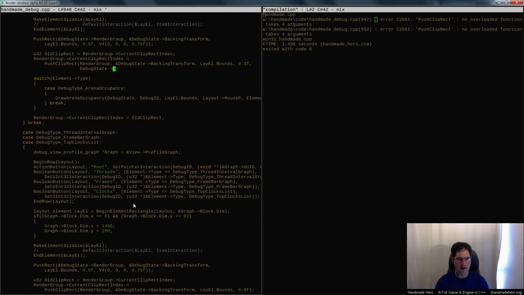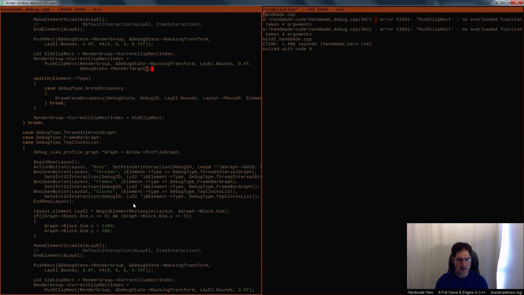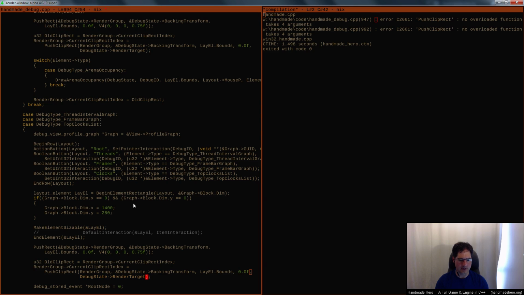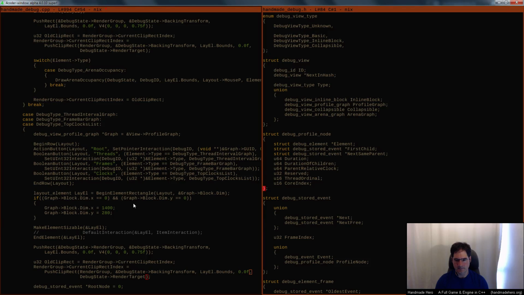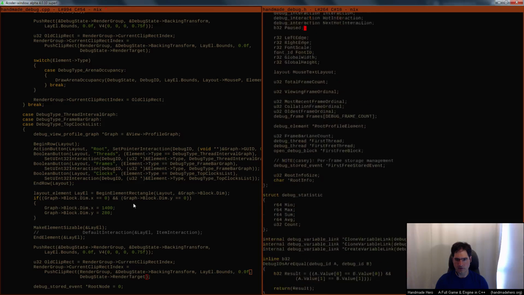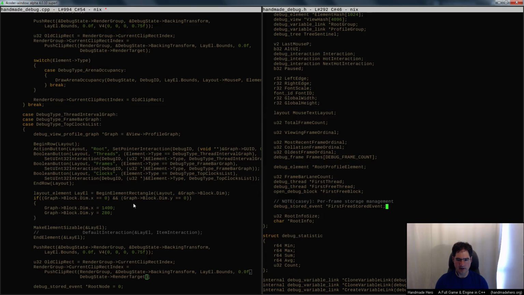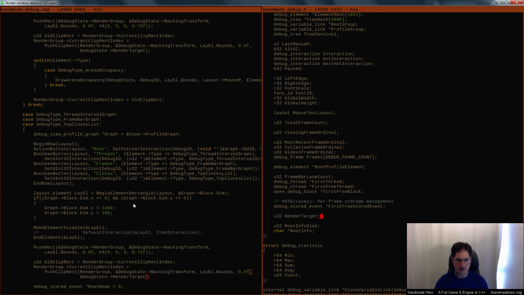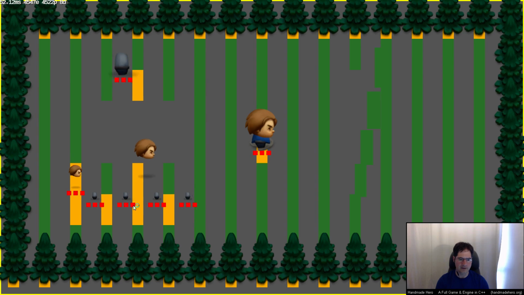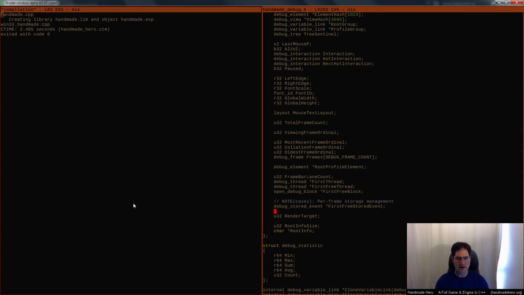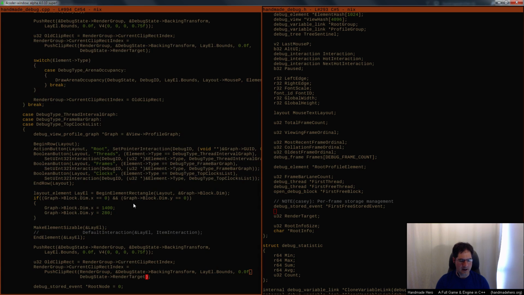But what I'll do here is say render target or something like that. So we can set it to whatever we want it to be later if we want to have a separate render target for the debug system, right? And so in that case, I just need to store that here in the debug state. So I would have something in here where we're like render target, and that would just get cleared to 0, presumably whenever everything else gets cleared to 0. And then we should be done, right? That's all that would have to happen to have that be specified. So no big mystery there, nothing particularly exciting.